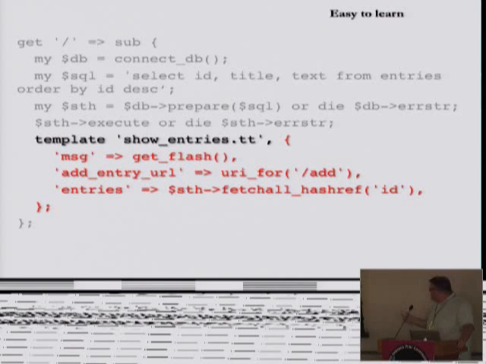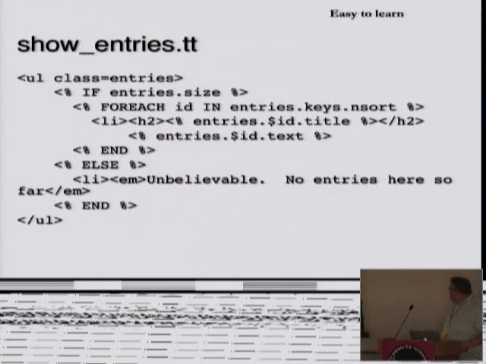You can pass in built-in keywords like this one, URI4/add, which actually tells Dancr to look up the handler for /add and then substitute here an actual literal string for that entire thing. And then we have all of our entries, which is this data structure that we generated way up here. Okay? Is everyone following along with me? Anyone lost? It's okay if you're lost. Okay, good. I already talked about that one, so we're going to skip.